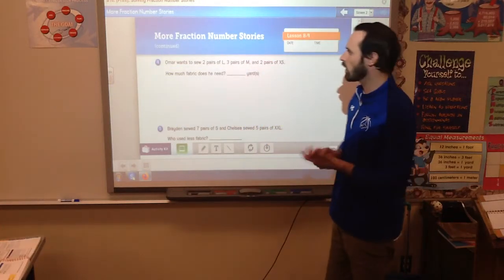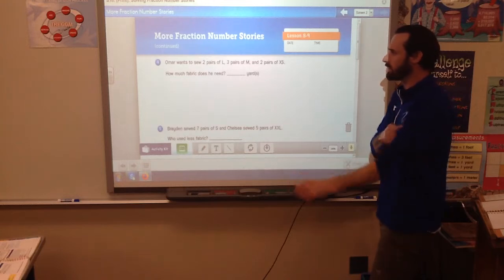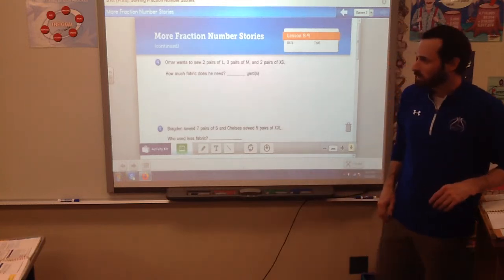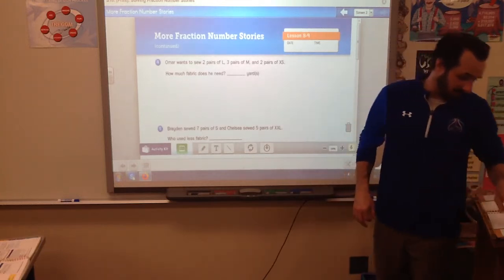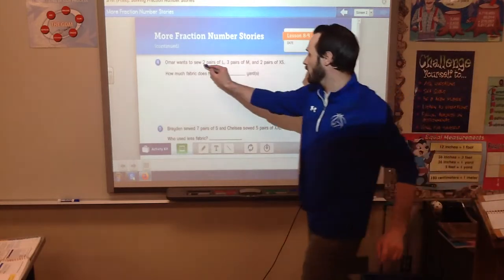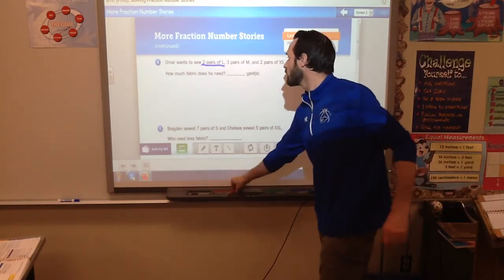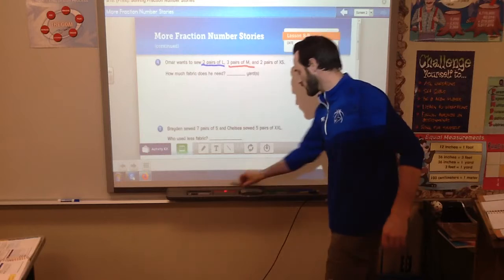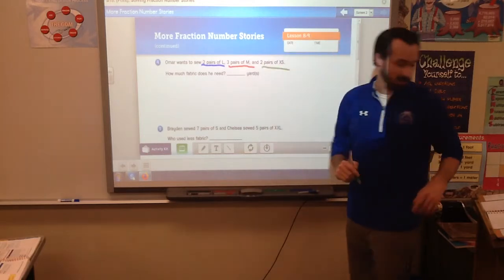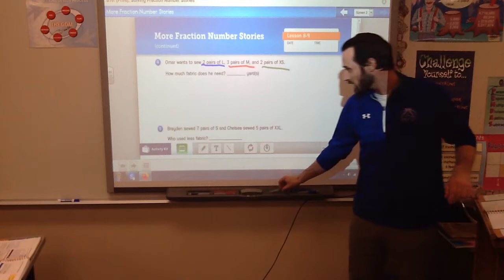Alright, this time Omar wants to sew 2 pairs of large, 3 pairs of mediums, and 2 pairs of extra small. How much fabric does he need? So I see 3 problems here. We're going to call the large blue, the 3 pairs of mediums are going to be red, and the 2 pairs of extra small I'm going to do in green. So taking a look at the blue,